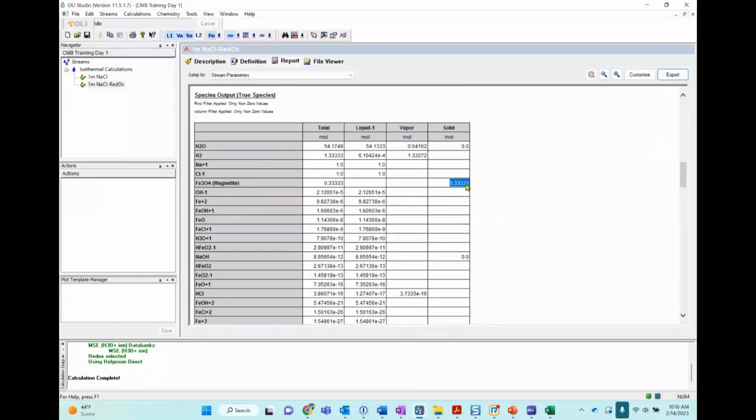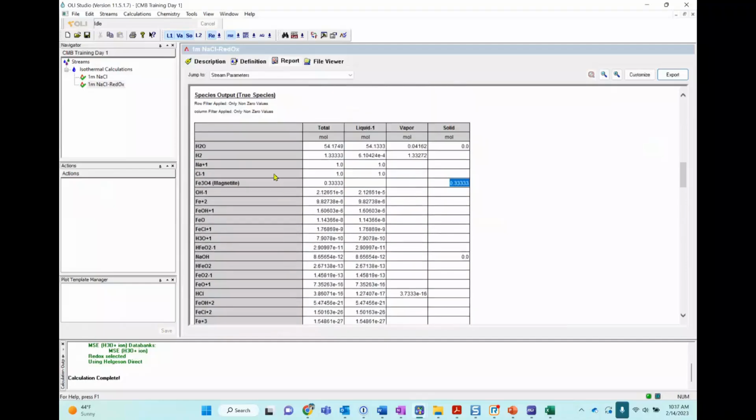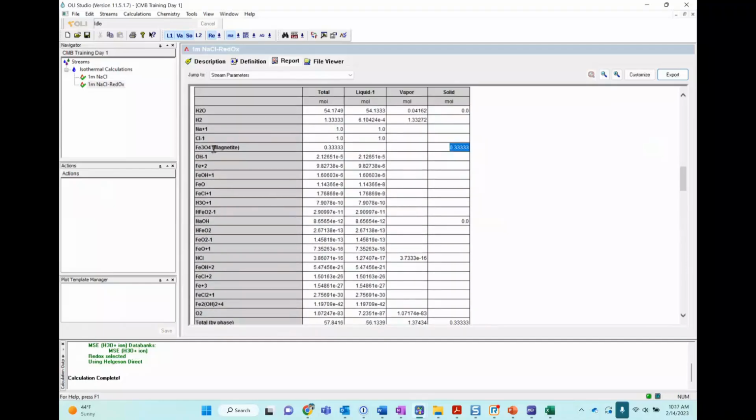And now the software is saying that 0.33 moles of this magnetite is being formed and is in the solid phase, right? And you will see some other species here.